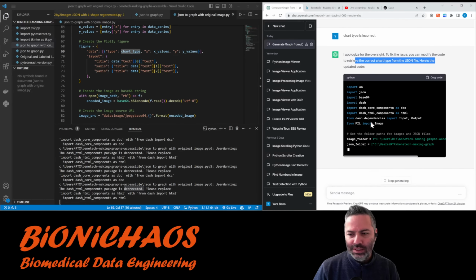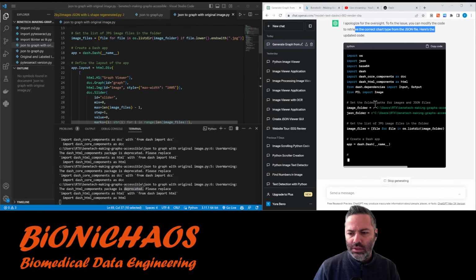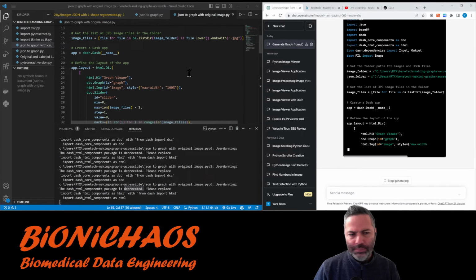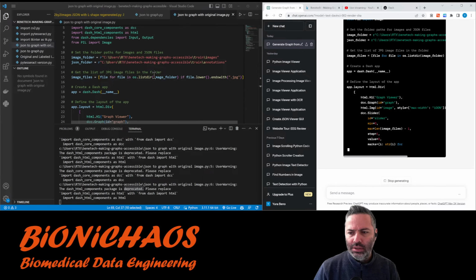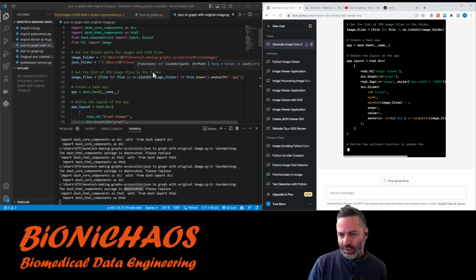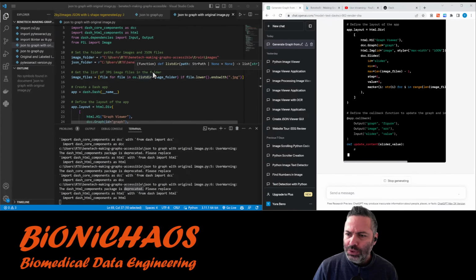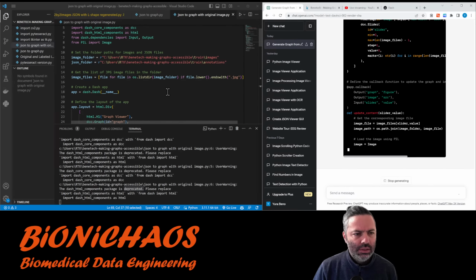So what was the problem? And it's generating the whole code. Yep, dash up, that's fine. The layout, okay. Still don't know why there are two sliders, but